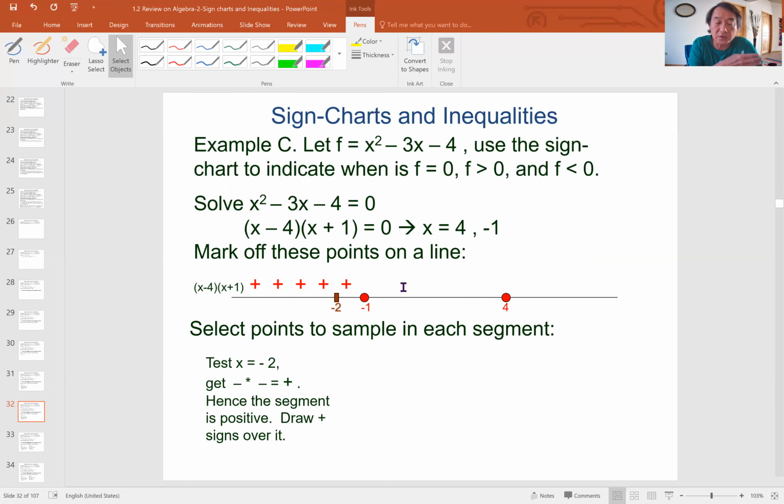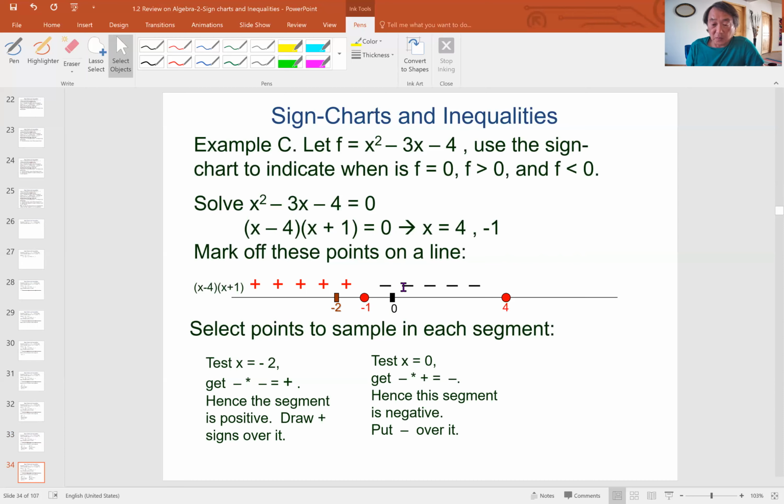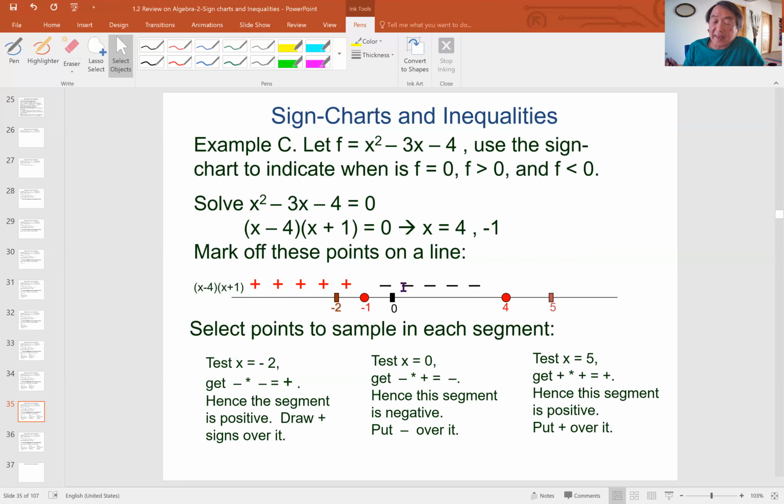Therefore, I can identify that portion, all the outputs will be positive. Then similarly, if I check 0, I will find out the middle portion will produce output that are negative. And if I'm to the right-hand side, choose a 5 to test what the output is, and I find out it's positive again. So in other words, this is the sign chart of